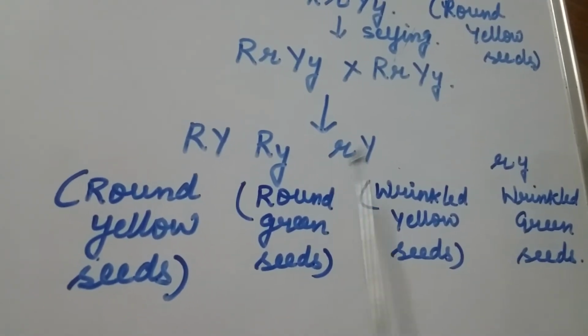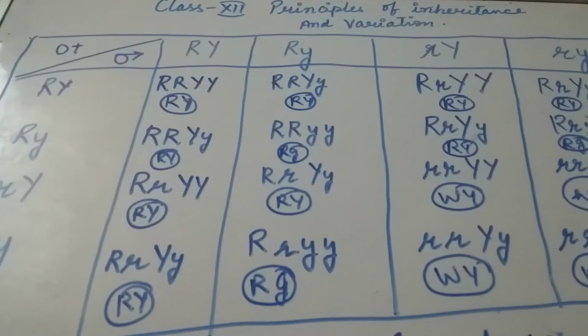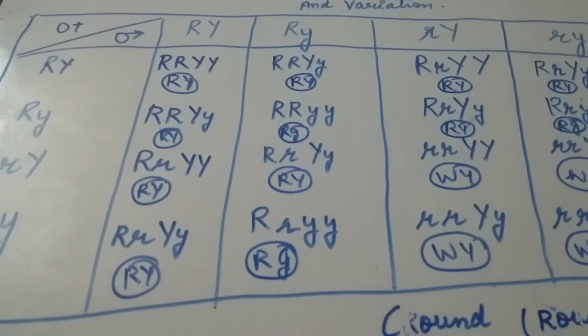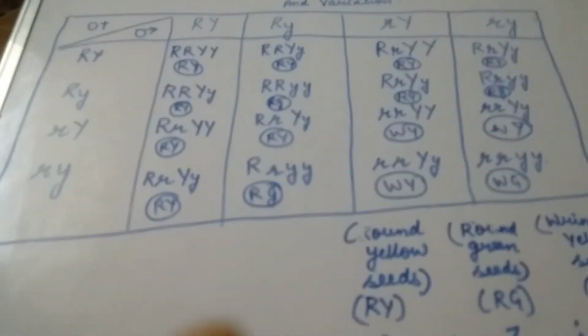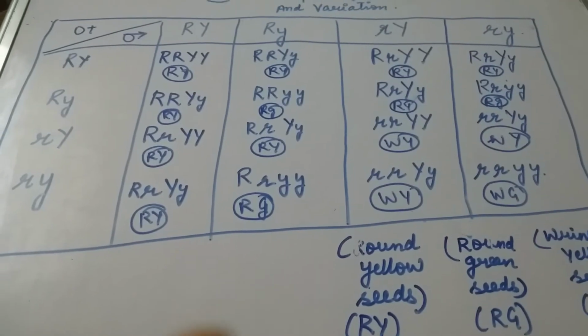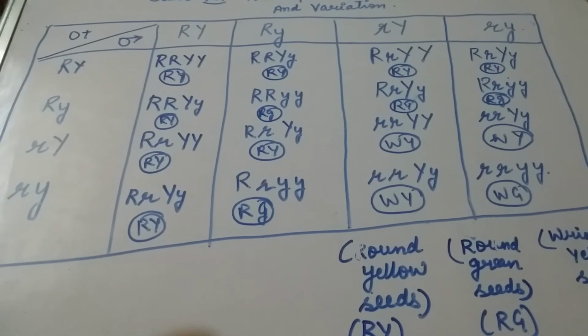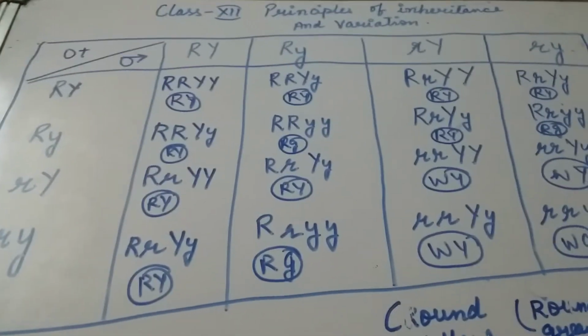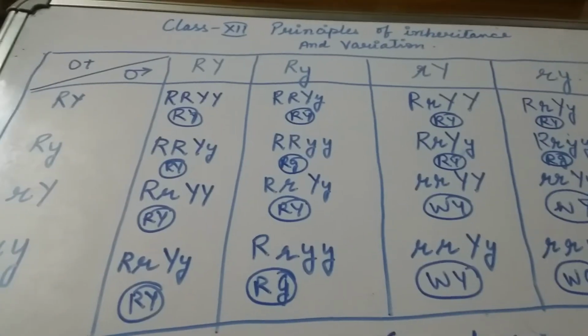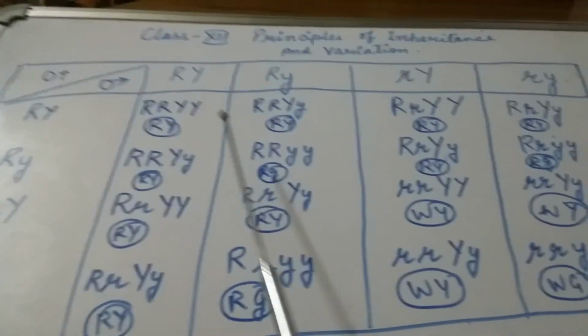Now the gametes formed here will be observed with the help of a Punnett square. With the help of the Punnett square we can observe that we can find 16 combinations using two characters or two pairs of alleles. Now see how we can calculate the phenotypic ratio. We have got the